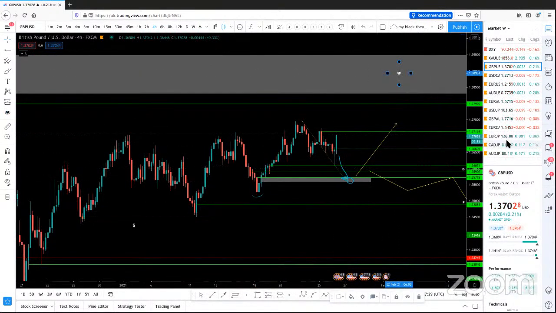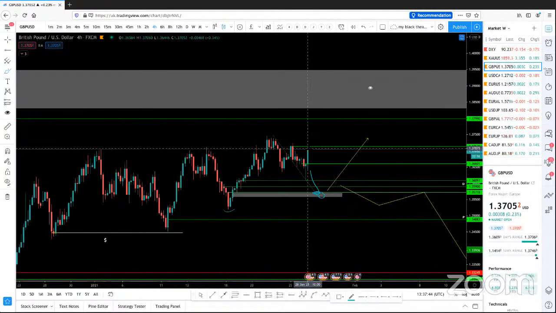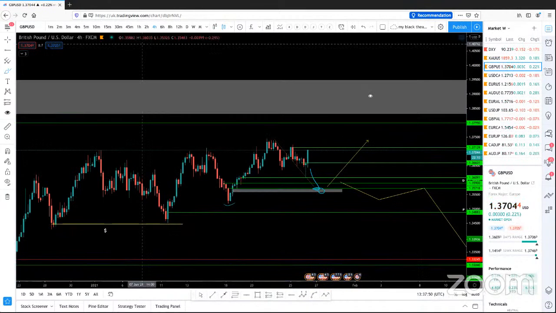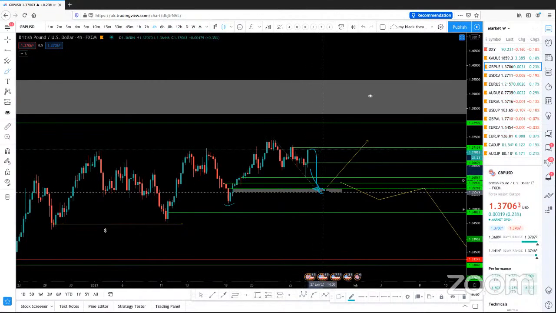Based on the dollar, because the dollar index is now showing bearish weakness, possibly we could anticipate GBP USD to run higher towards this area. Furthermore, if GBP USD fails to run higher, maybe it could react from this price level, as it has created a lower high. Possibly from here we could anticipate a move lower.